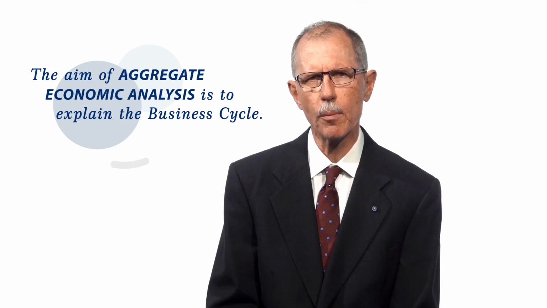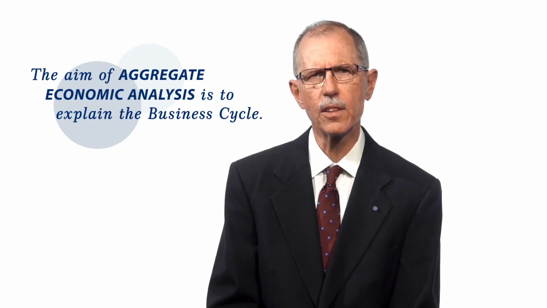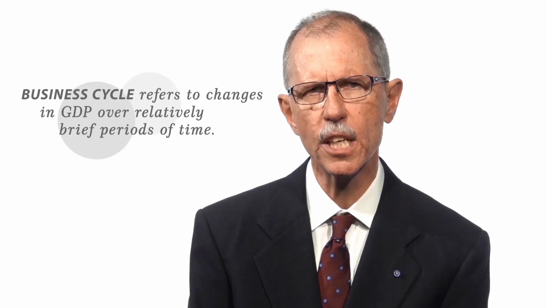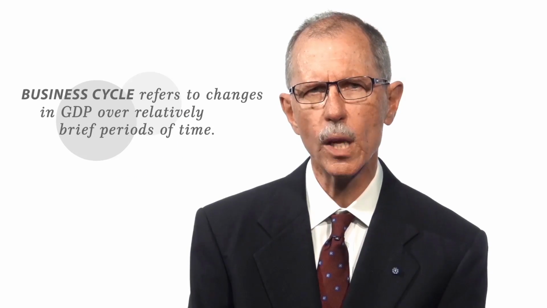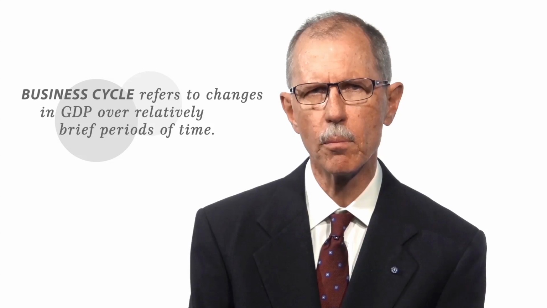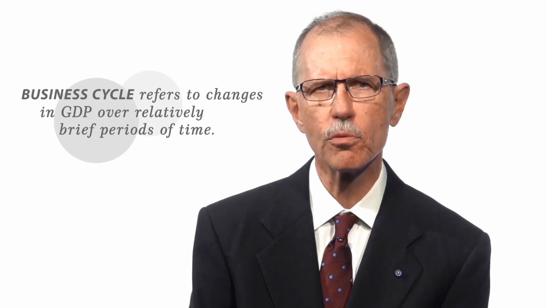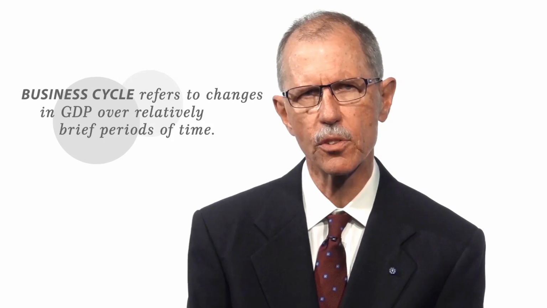In broad terms, the aim of aggregate economic analysis is to explain the business cycle. The term business cycle refers to changes in GDP over relatively brief periods of time, quarters and years rather than decades and centuries. Because nominal GDP is the product of real GDP and the price level, it is useful to